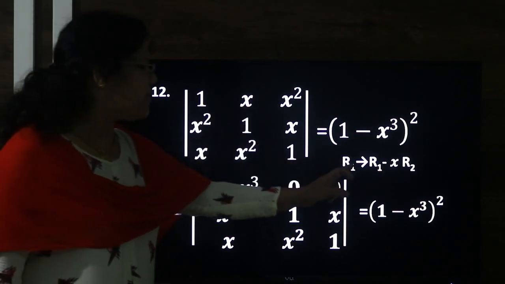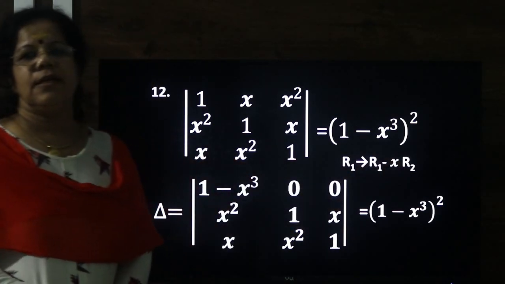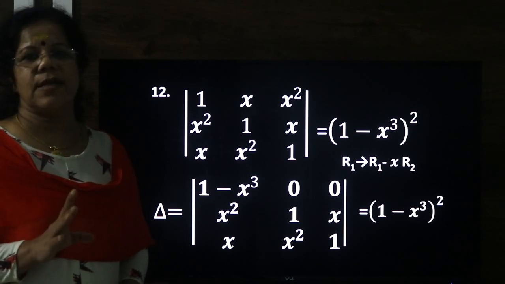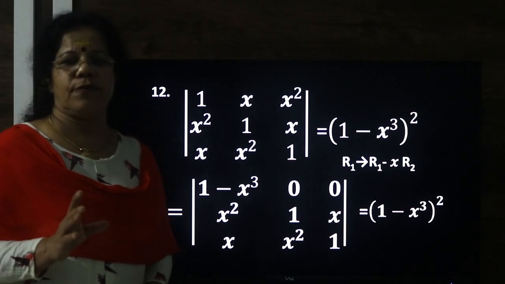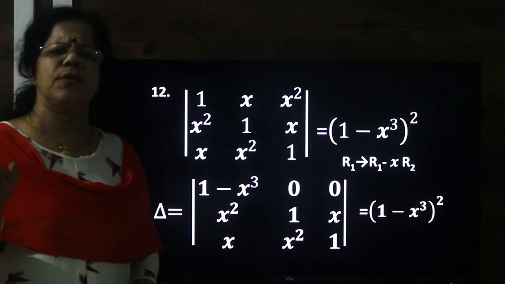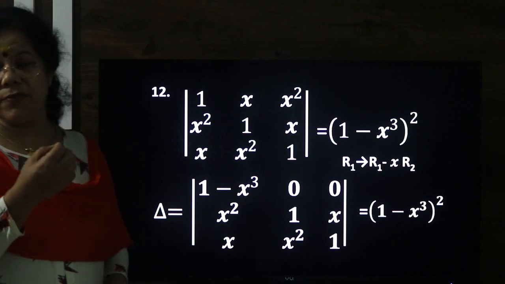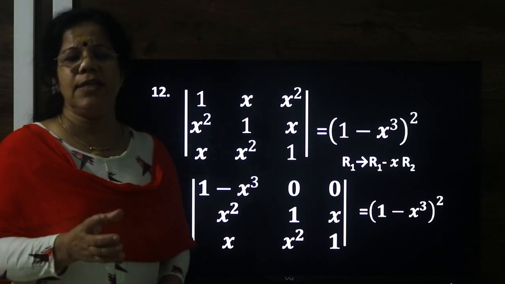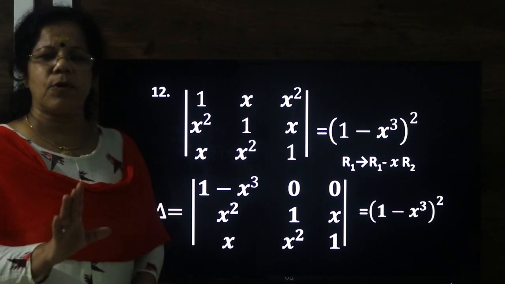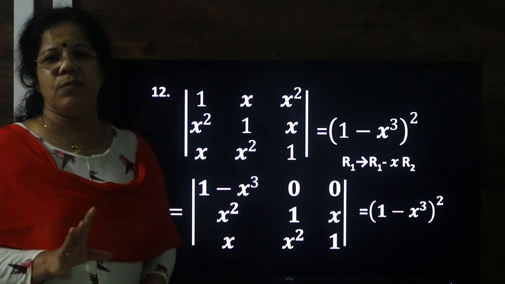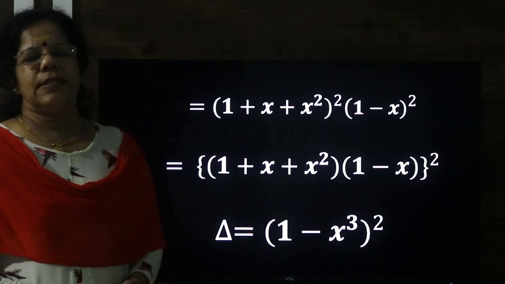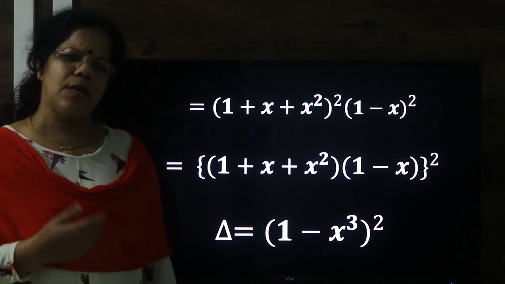With the proper selection, R1 changes to R1 minus xR2, it is done easily. So it depends upon the method of selection, which operation you prefer, which operation you take first. Many times I'm telling you there are many ways you can do it, but certain cases will be very lengthy, and the proper method matters. So in the expansion of determinants using properties, selection is very important, identification of the problem is very important.